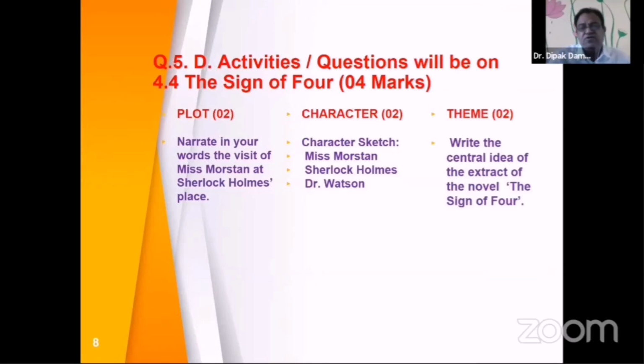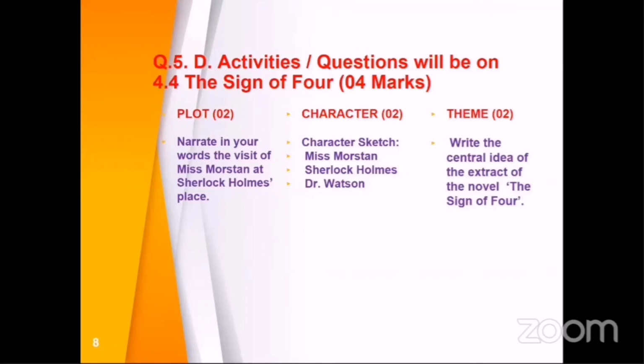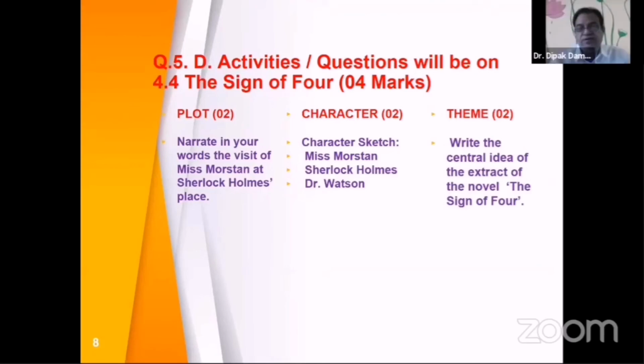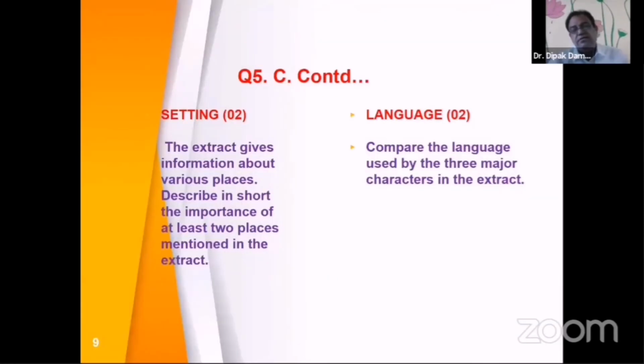Narrate in your words the visit of Miss Morstan at Sherlock Holmes' place. This is one incident where she visits Holmes' office, and there she describes what has happened and how Sherlock Holmes studies her complete statement, and then what he did, we all know very well. Then regarding the character sketch, we have three characters over there: Miss Morstan, Sherlock Holmes, and Dr. Watson. So we have to ask on these characters. Write the central idea regarding the theme of the extract of the novel, The Sign of Four. And regarding setting, the extract gives